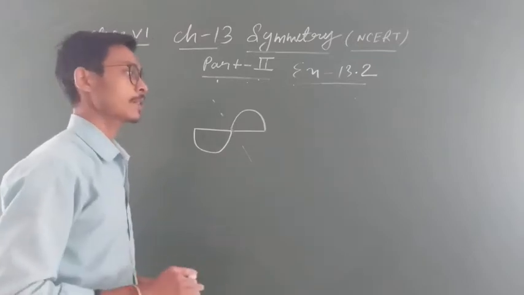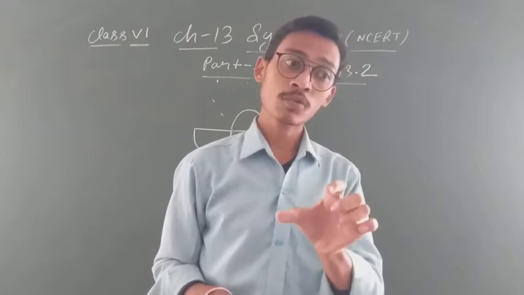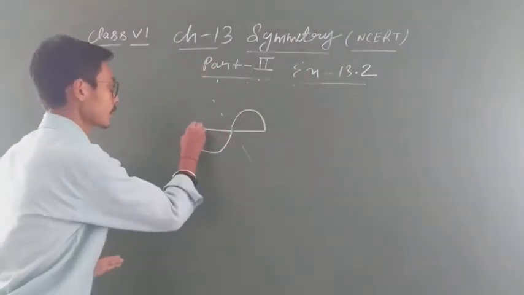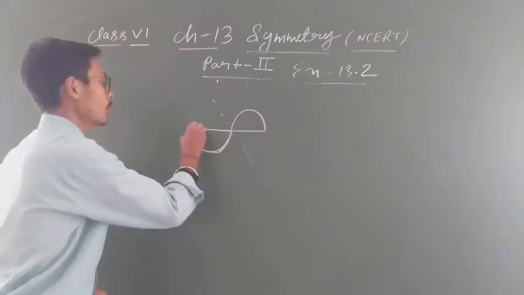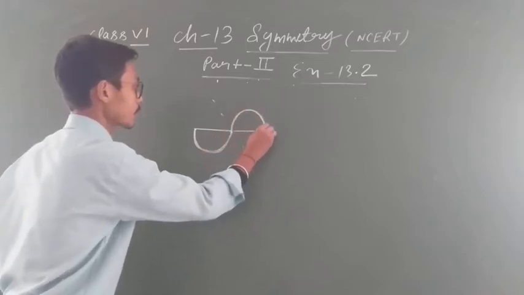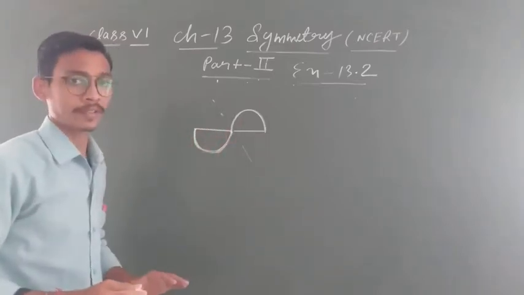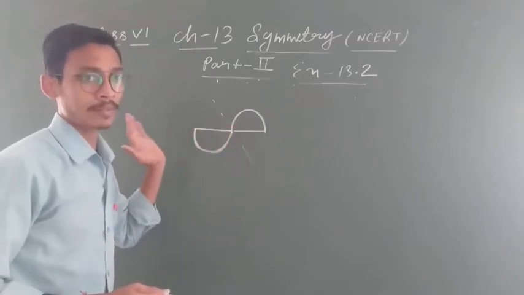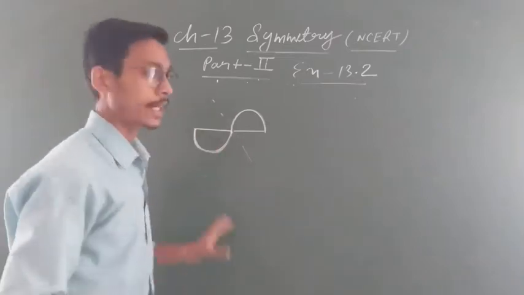Why? Because in symmetry we know the diagram should be identical and equal. Now see, when you draw the line of symmetry in the middle of this, this shows an upward direction and this a downward direction. This is a semicircle in the downward direction, and this is a semicircle in the upward direction. So how are they identical? They are not identical, because the direction is different. So in this you cannot draw the line of symmetry, because both are semicircles but both are in opposite directions.